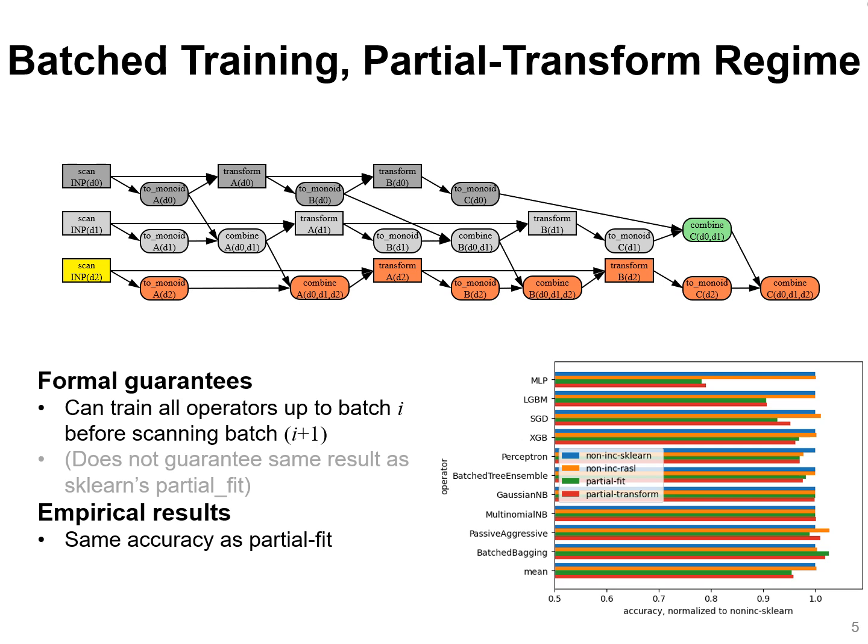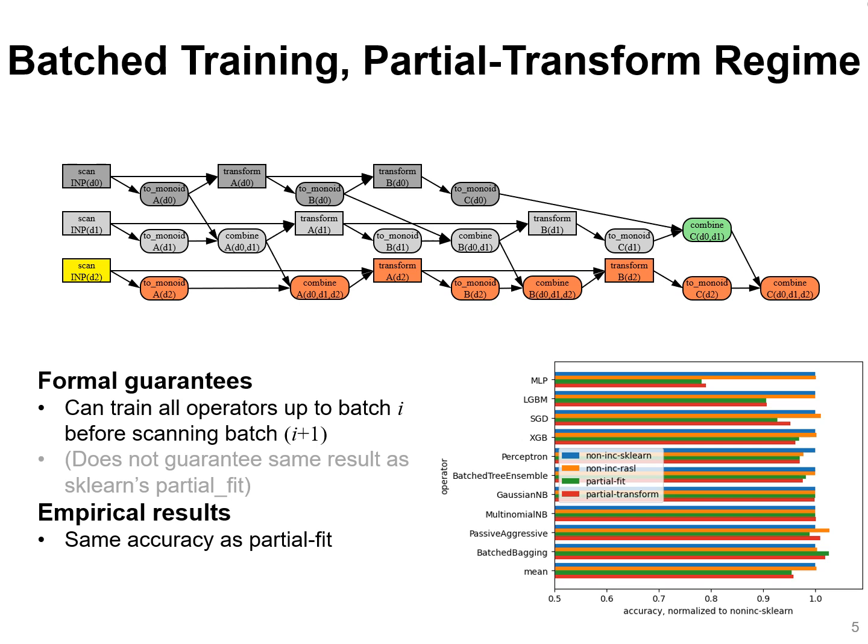So we did an experiment where all the pre-processing operators are monoidal, and where the final estimator, while not monoidal, supports scikit-learn's partial fit function. So MLP classifier, LightGBM classifier, etc. They all have a partial fit. And the results from this experiment are that the green bar and the red bar, which are the full transform regime and the partial transform regime, are basically the same. So empirically, even though we don't have a guarantee of same results, we do see the same accuracy with these